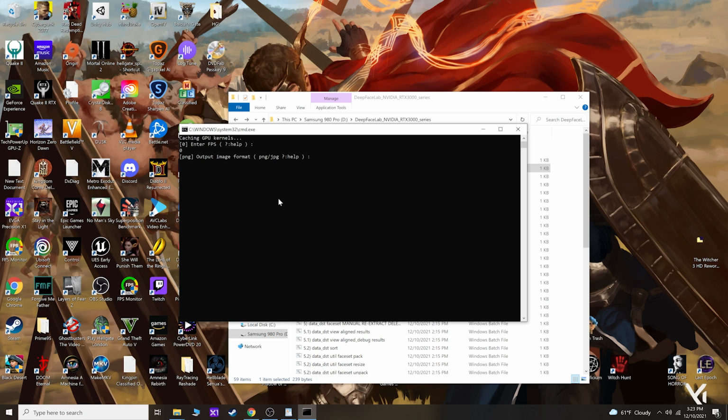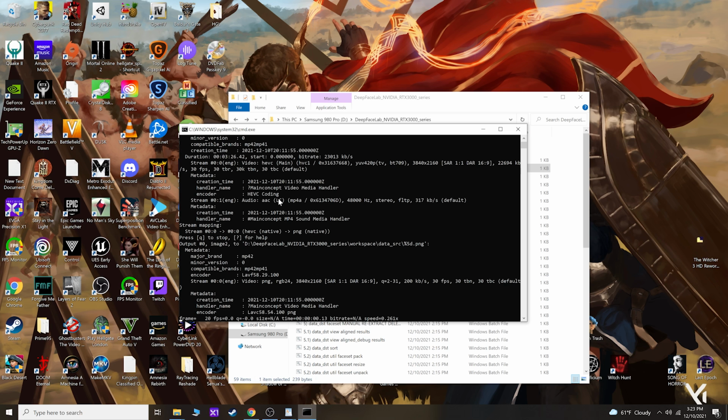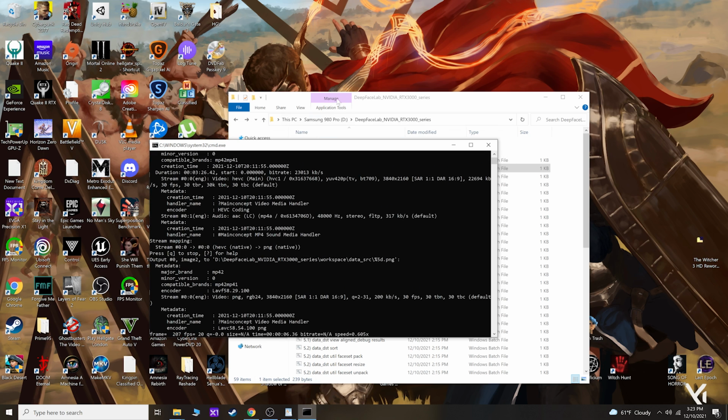Leave it for PNG for better quality. And it will run through this and extract all of our source images. That's going to probably take a minute or two because it's about 3.5 minutes of source images. So I'll be back when it finishes